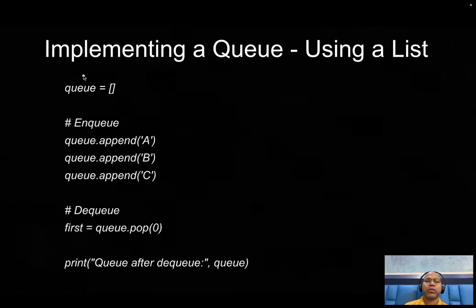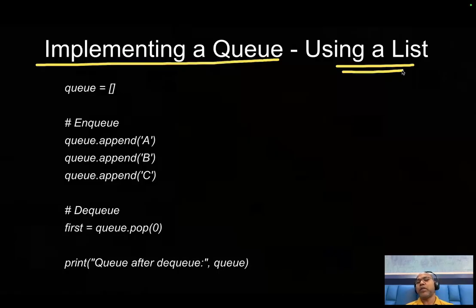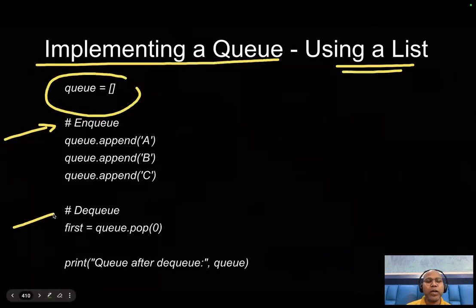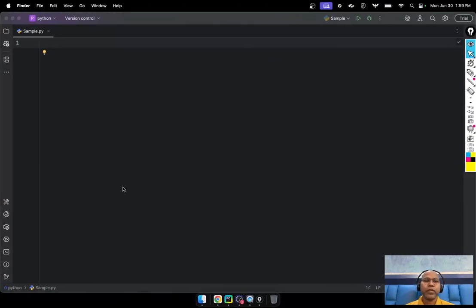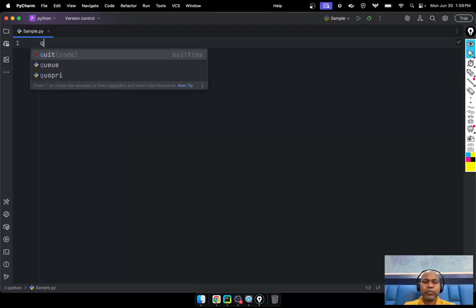Okay, so let's talk about basic implementation. The first basic implementation uses the list data structure. It is the very simplest way. You can create the queue using a list, and just perform the Enqueue and Dequeue operations. Okay, let's do it. Here I can create the queue